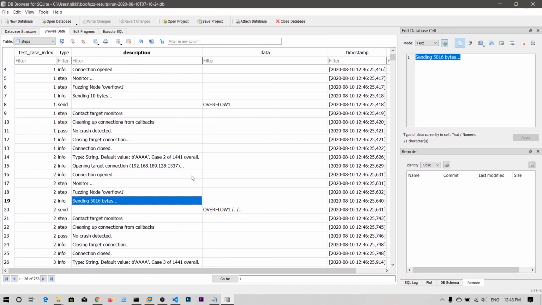If you think this is showing wrong, no, it's not. It's correct. What the fuzzer does is send a random number of thousands of bytes. It directly sends 5016 bytes. It is not checking from base 0, 100, 200 like that. It is sending 5016 bytes at a time. So our application has a buffer holding more than 5000, and that's why our A's were placed there. Okay guys, I hope you have understood how to fuzz with Boofuzz. And you can also try this by using netcat, sending 5016 bytes, and your application will overflow.